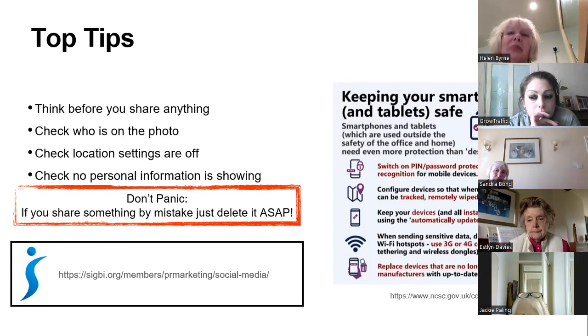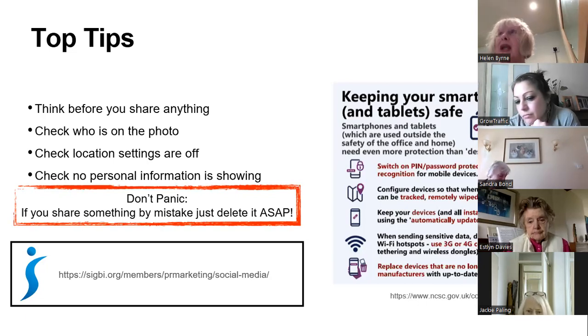You can easily post straight away off your phone, but that means there's even more stuff on your phone if you lose it. So you need to think about how you're keeping your smartphone safe, as well as all of that safety stuff that you would automatically be doing with your laptops and the other things you've got at home. So that's just an idea of what's included in the presentation that the safeguarding group have put together.